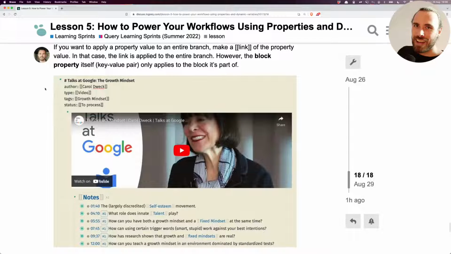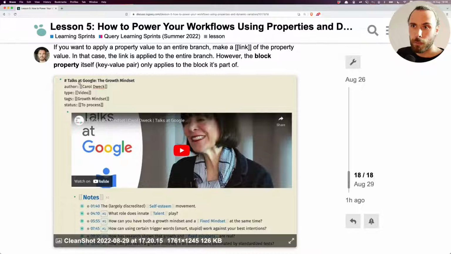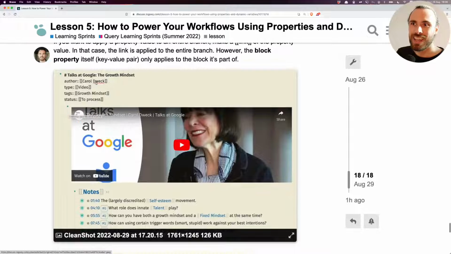In that case, you can apply a link to the entire branch, but just keep in mind that the property itself only applies to this one first block. It doesn't apply to this block. But because in this example I made a link out of it, the link will apply to